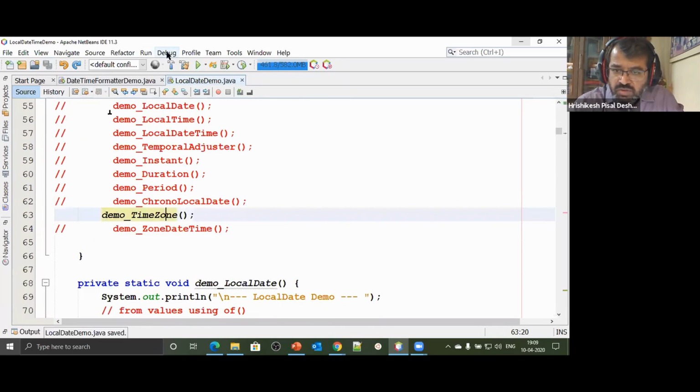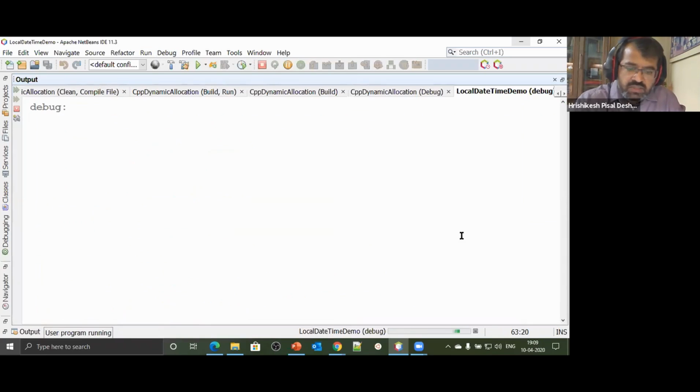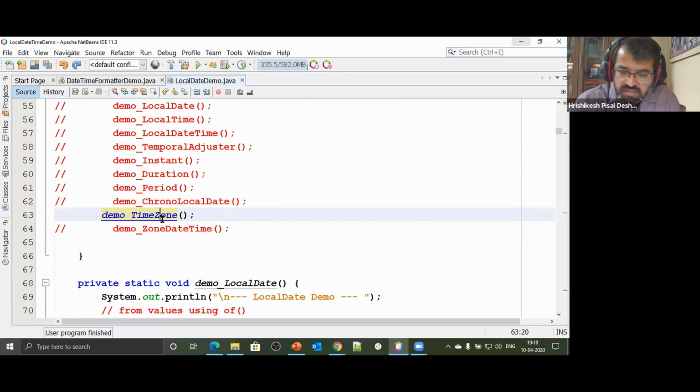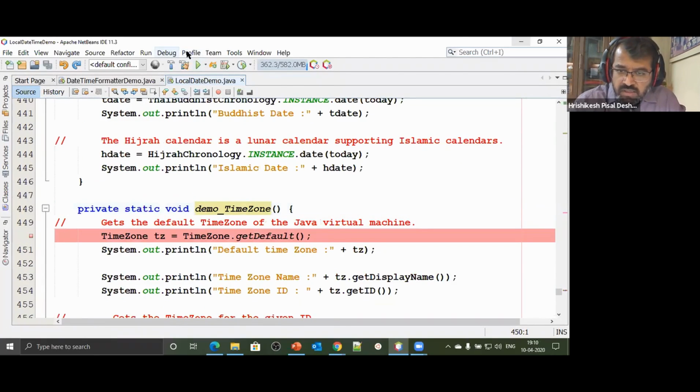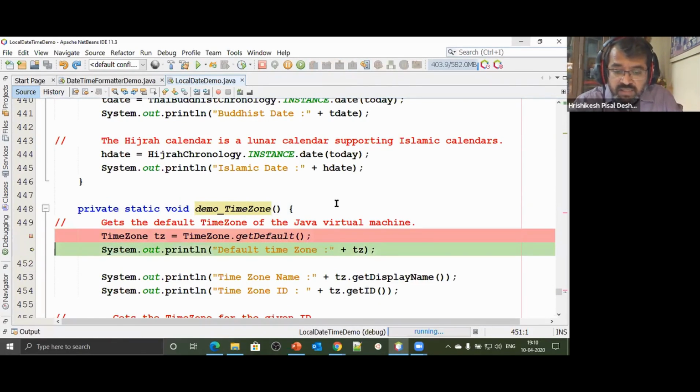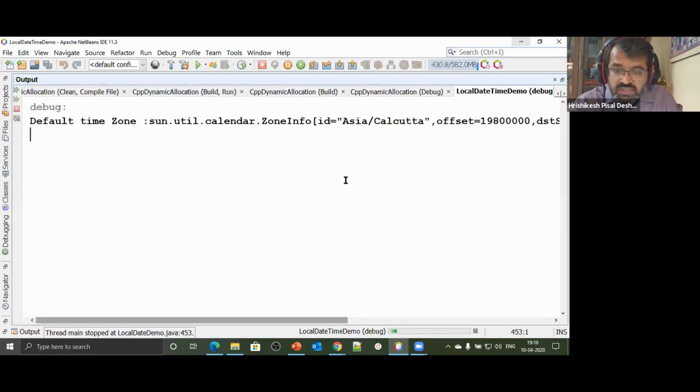Let's debug this code. I say project debug and let's debug this code and find out what the time zone is that we have. Oh no, it directly got executed. Let's jump over here. Let's debug. Add a breakpoint and then let's start. Yeah. I say default. Let's print the default. Which one is it? So it says